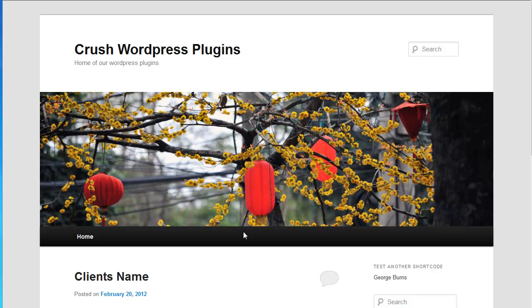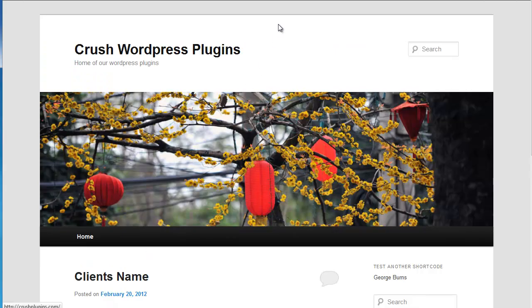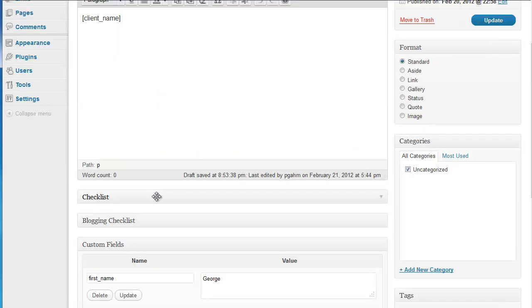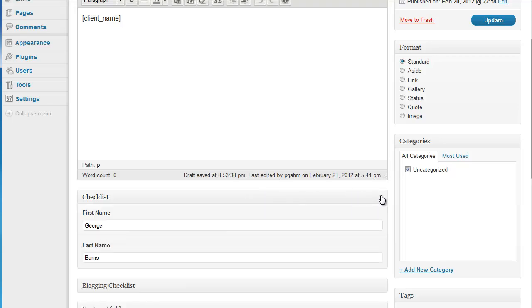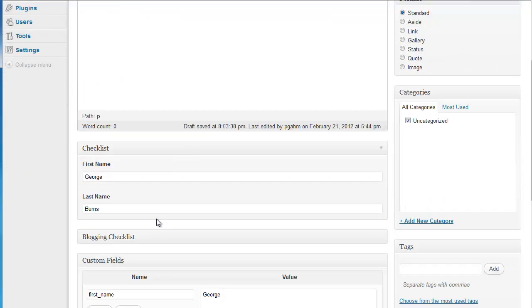Just wanted to show you how to place custom fields data onto the front page of your website. This was not my original intention. I was just looking for a back-end plugin to be able to make a checklist that I could use underneath the initial post text area, because I wanted to have... anyway,